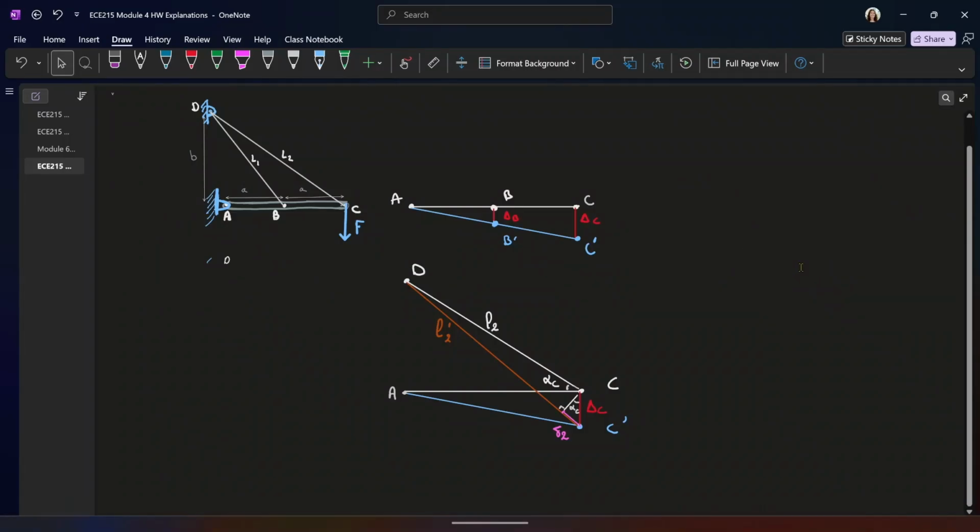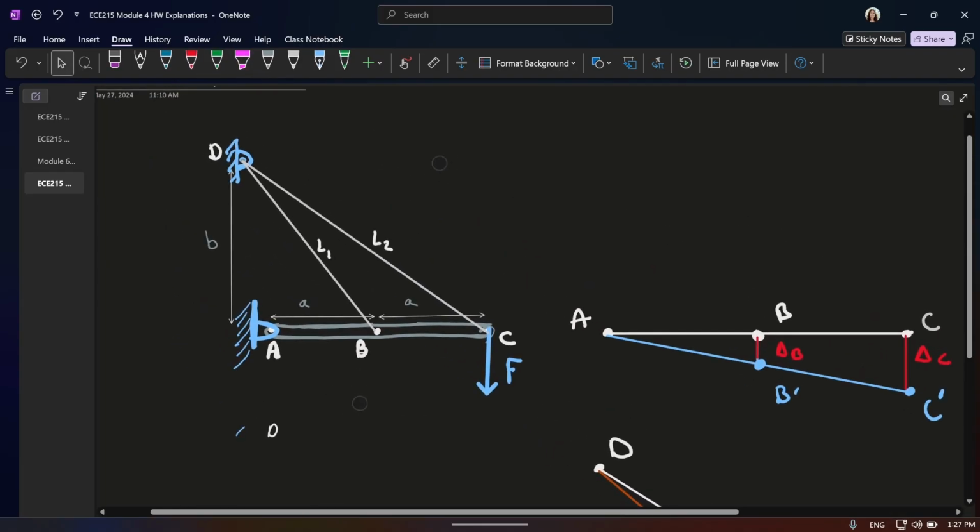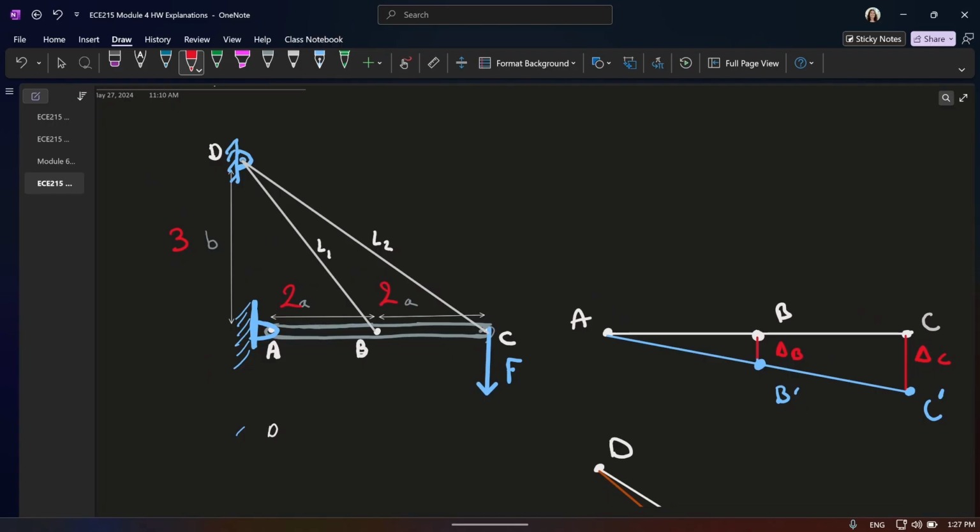Some more information for finding the tension T1 and T2. Okay, so I will put some numbers so it's a little bit easier. Let's say this value is 3 and this value is 2 and 2. Okay, so the first thing that you did, and you did a good job,